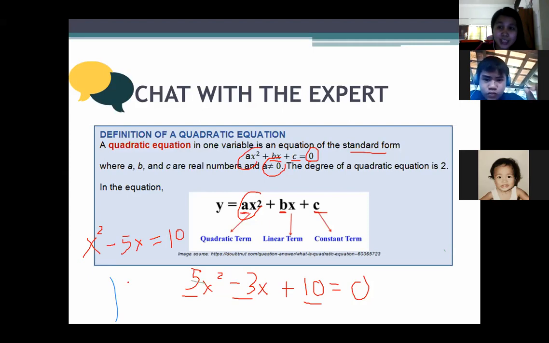This one is not yet in standard form. So what will you do? You need to let 10 go over the equal bridge. So it becomes x squared minus 5x